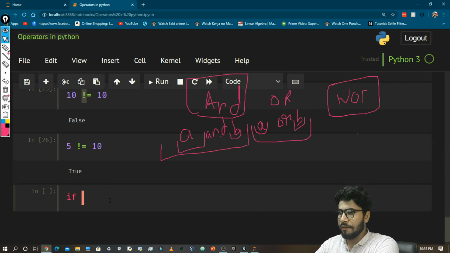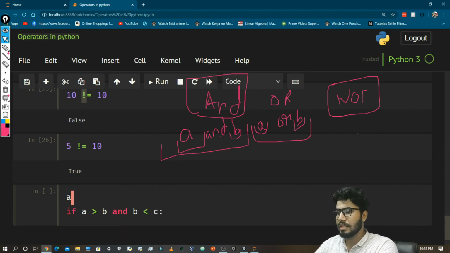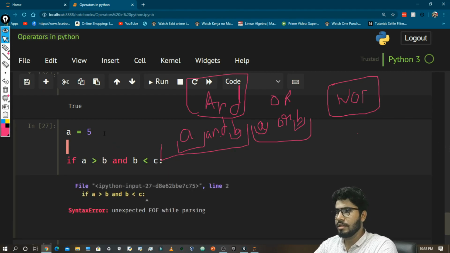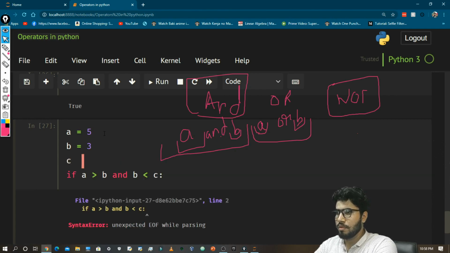Let's say if A is greater than B and B is less than C, and let me give some numbers. A is equal to 5, B is equal to 3, and C is equal to 2.